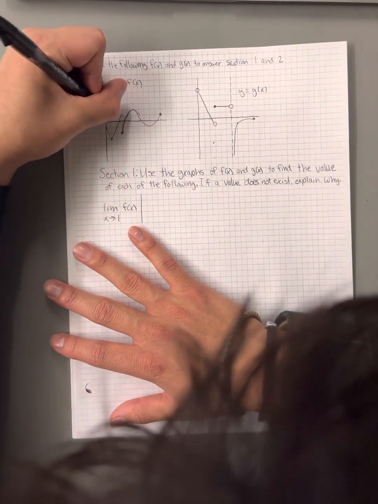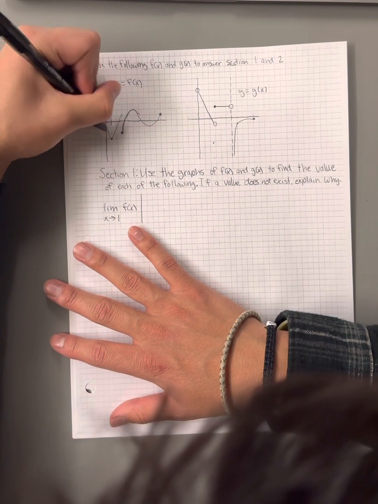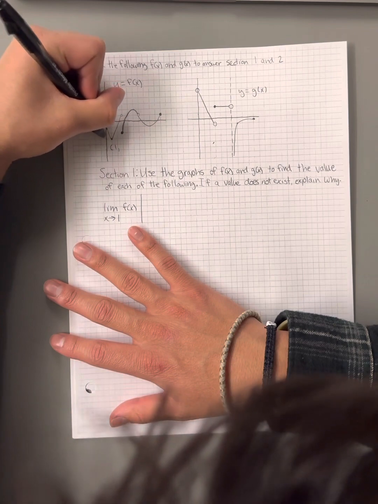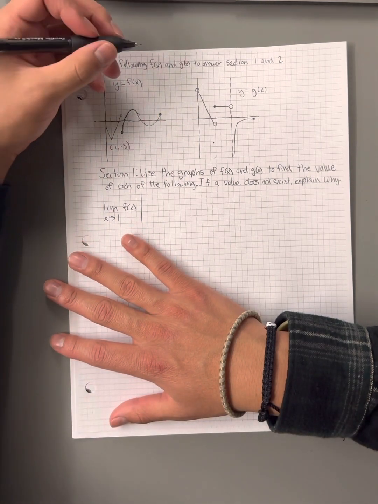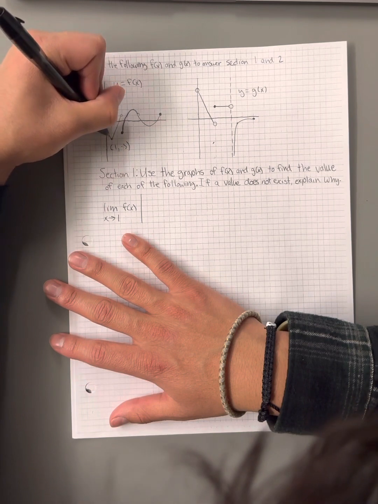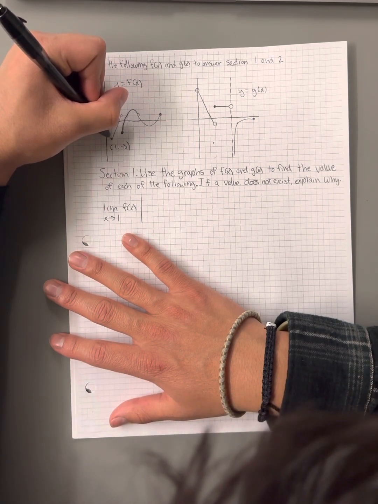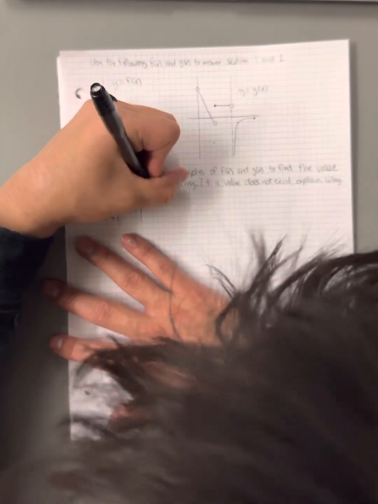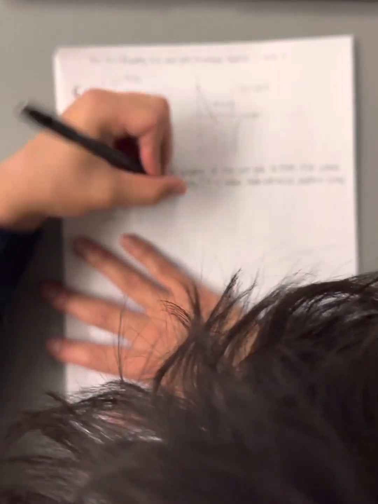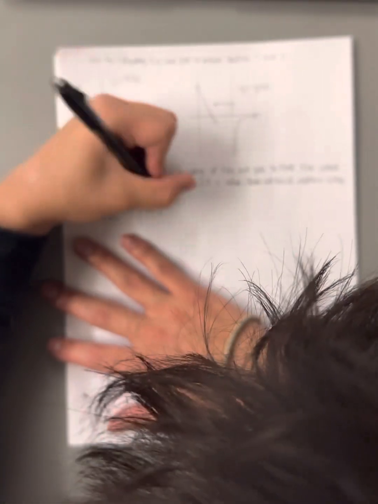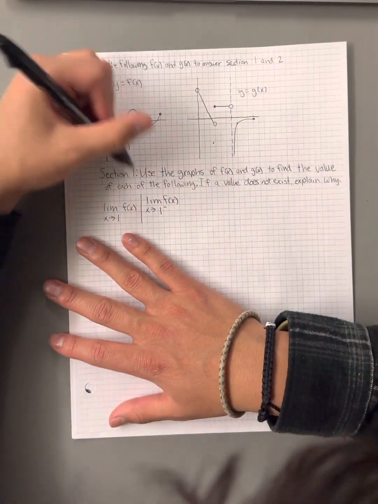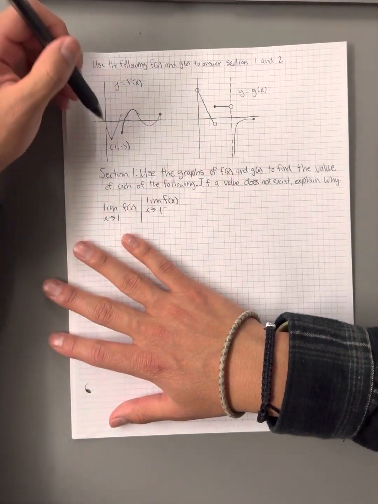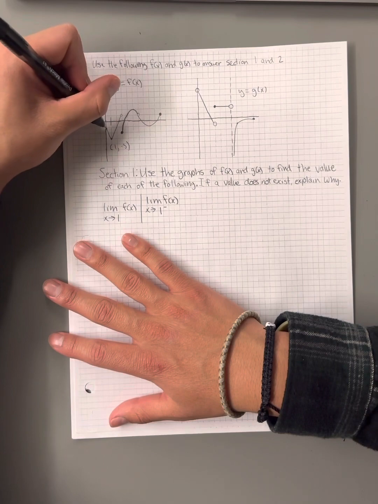Which is right here. The value is -3. So as you can see, the line is approaching -3 from the left side, and it's approaching -3 from the right. So let's put this in limit notation. First, we're going to look at it from the left, and we're going to put a little negative to say that we're looking at it from the left. And it is approaching -3,